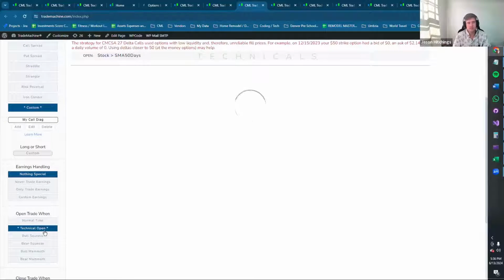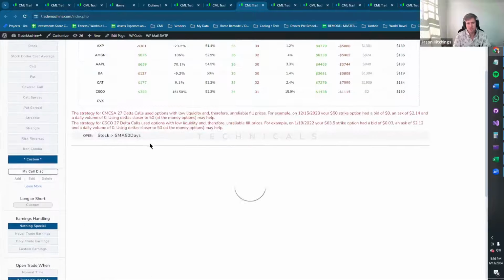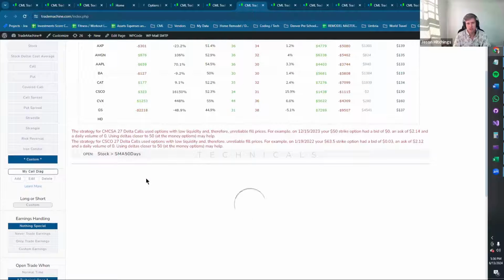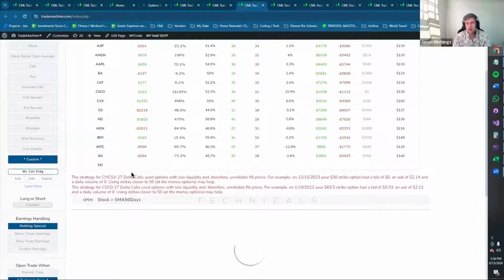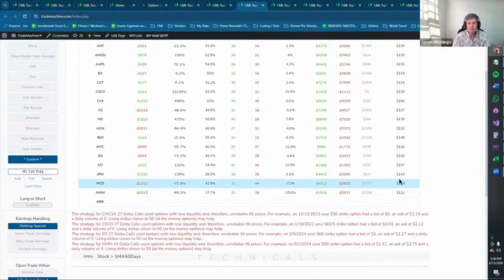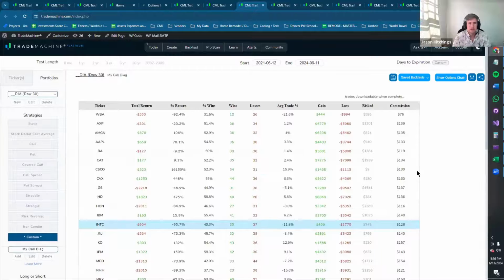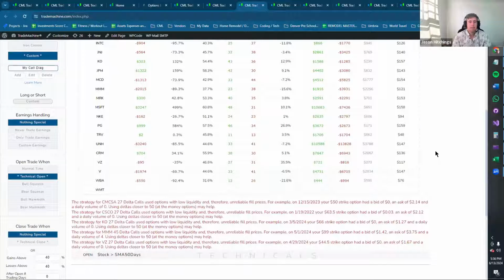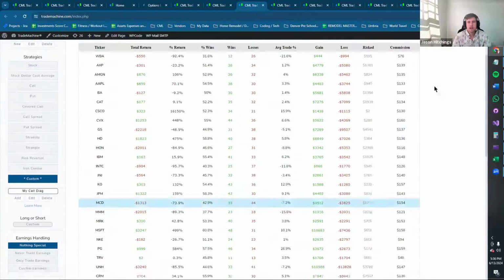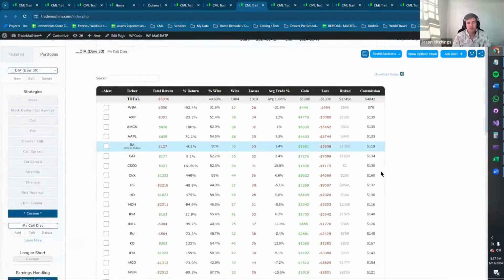You can also customize the technicals. Right now, it's just saying if the stock is above the 50-day moving average, but you could make those technicals as custom as you want to. And then I'll show you how you can get alerted once this completes. So we're getting pretty close here. It's worth the wait, because you can do it for an individual stock with that add alert, but when you do a portfolio backtest, you can do even more.